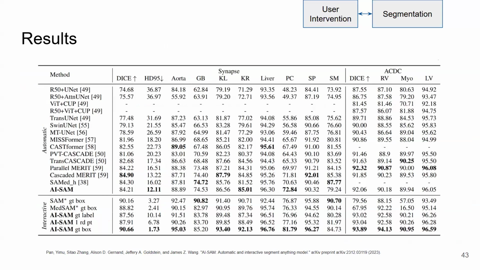Then if you do that, what the final model can do, if you apply it automatically, is perform on par with all the existing methods, and it's also comparable to SAM-MED, which is another automatic adaptation of the Segment Anything Model. So basically that says you can use this to replace your automatic adaptation model for SAM. In addition, if you add a few prompts to the model, you get better performance. That basically says this model, in addition to its good automatic performance, can also accept additional user prompts to get